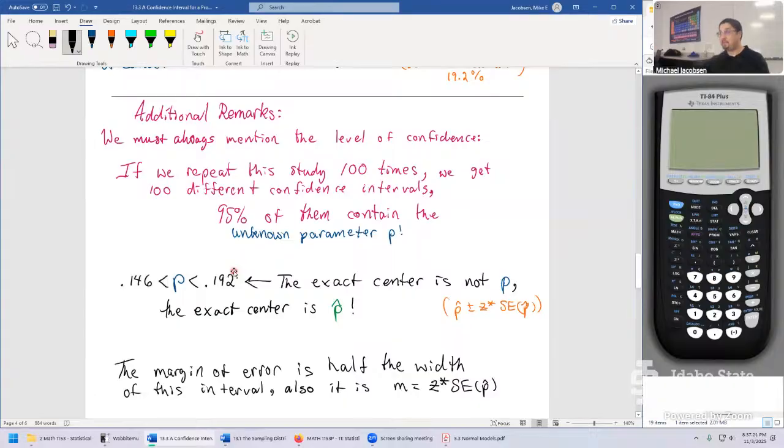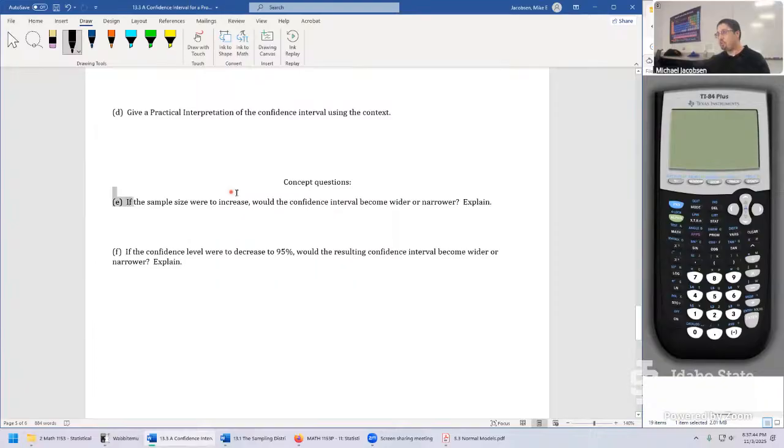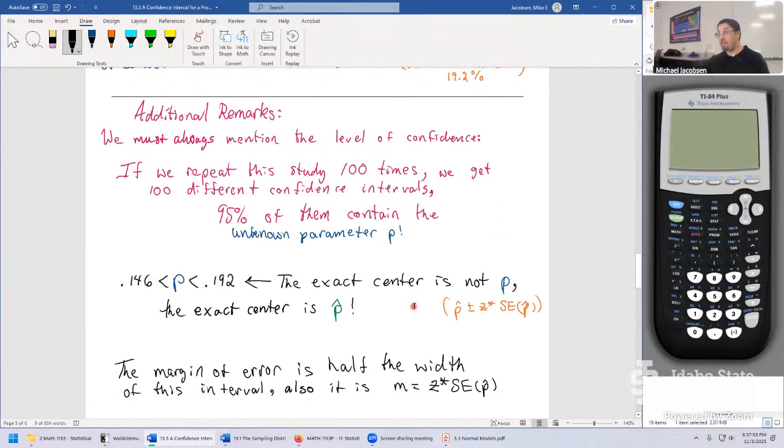We're kind of shy on time. These are some interesting concepts to think about when it comes to confidence intervals. Like I mentioned, there's so much more. The reason we're talking about them is MyLab Statistics happens to have a way of putting in a concept question in some of the problems that you'll do. These are some of the concepts that can come up. And in the next problem, we'll look into some other ones. Like, for example, if you increase the sample size, does the interval become wider or narrower? If you change the confidence level, does it become wider or narrower? We'll look into some of those other concepts when we look into confidence intervals next time. But we'll look into another familiar problem next time, and then one brand new one to close out this section.